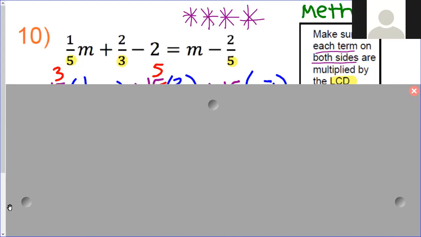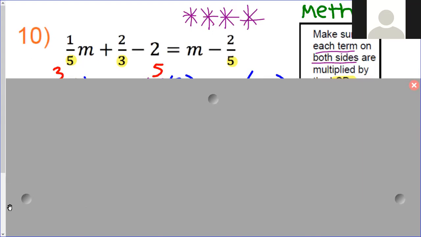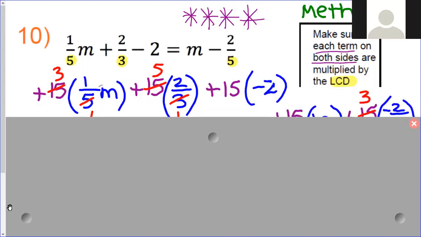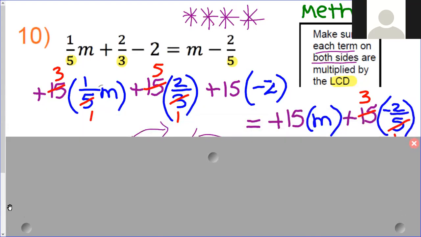Okay, this is another situation where we cannot cross multiply, but I have to pay special attention to the denominators. What is the lowest common denominator? Oh, so many hands. I love seeing this. Thomas. 15. So that means I have to multiply every single term by 15. Every single term. It was such a long equation that I had to continue the right-hand side over here. So I have 15 times 1 over 5m, 15 times 2/3, 15 times -2, 15 times m, 15 times -2